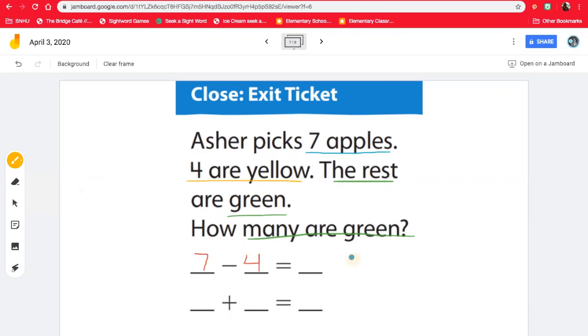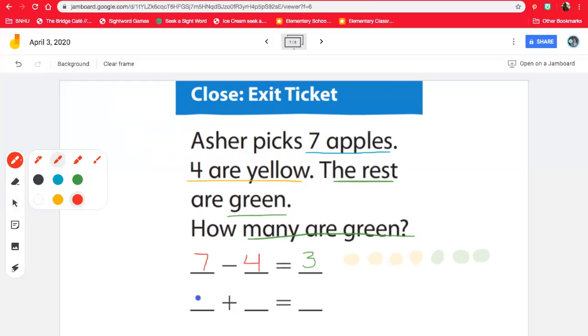So we have 1, 2, 3, 4. Now let's count on. So we have 4, 5, 6, 7. How many green apples do we have? So we have 4 and 1, 2, 3, which makes 7 total. So 3 of those apples are green,